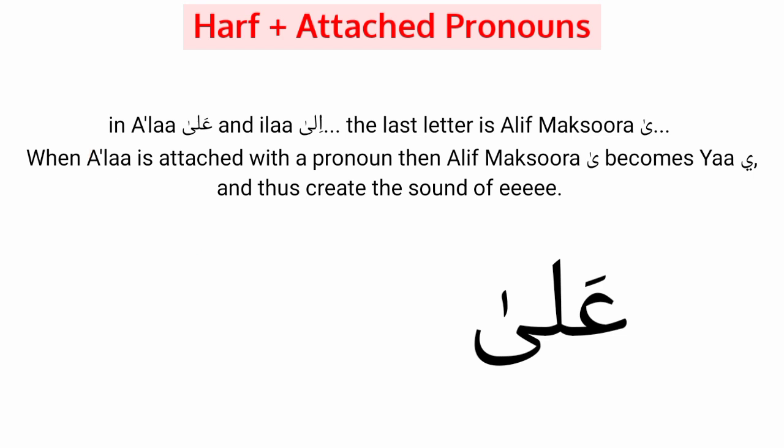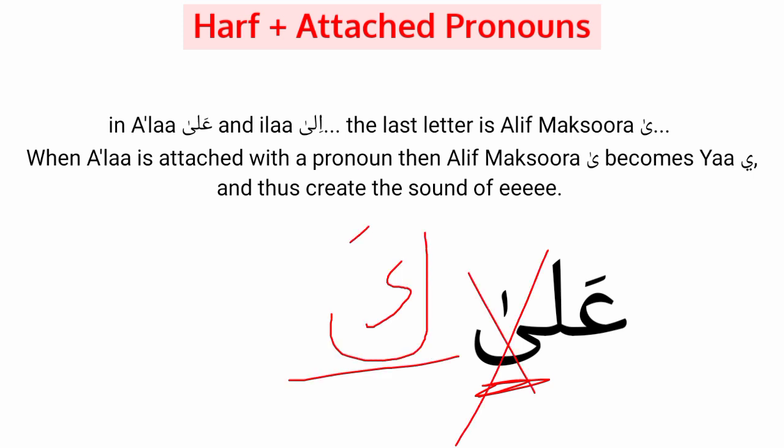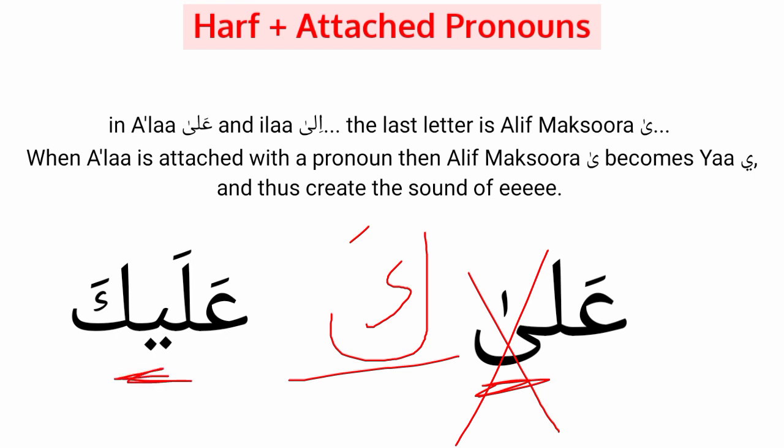Similarly, the same is the case with Alif Maksoora. When Alif Maksoora is there, it won't let any other letter come after it. So ala ends with Alif Maksoora. If we have to say alayna or alayka, upon you, then this Alif Maksoora will say no, I won't let any letter come after me. If you want any letter to come after me, I am going, let ya stand over here. Like tamarbuta said, I am going, let ta stand instead of me.